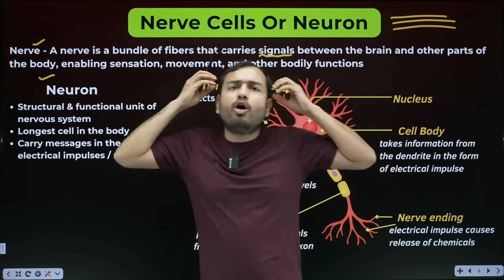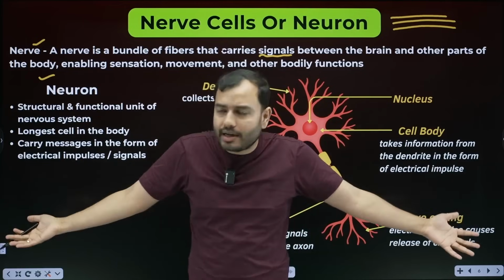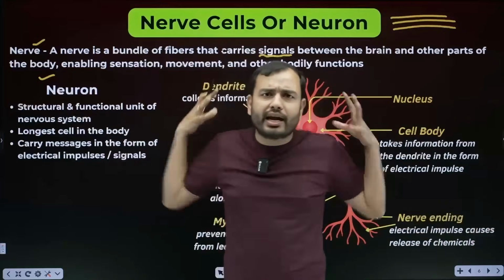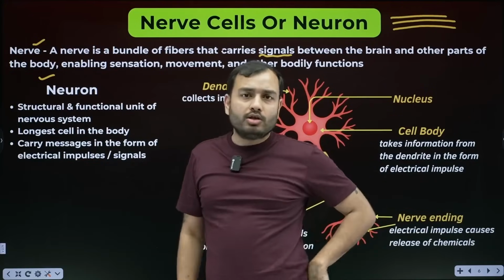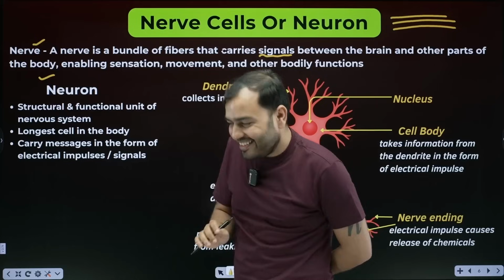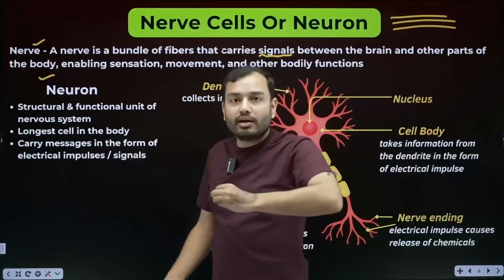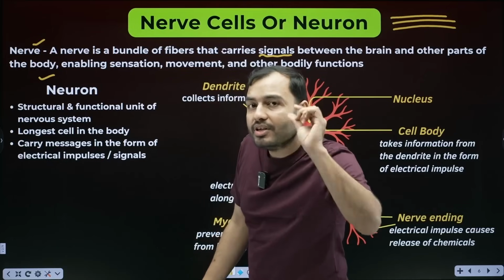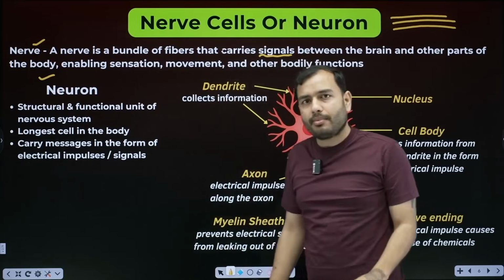Is it understood what a nerve is? There are a lot of wires inside our body which are connected from the mind to our different organs. Lots of wires connected to the mind, from where the message goes: do this, do that. Go propose to Priya. Okay, you got beaten and came back, don't tell anyone. So all these messages are going through wires. And those wires we call nerves. And this message is not current. What is it? It's an electric impulse.